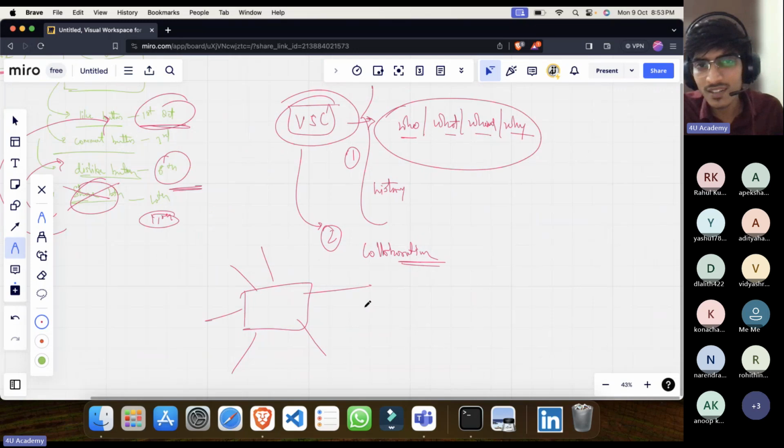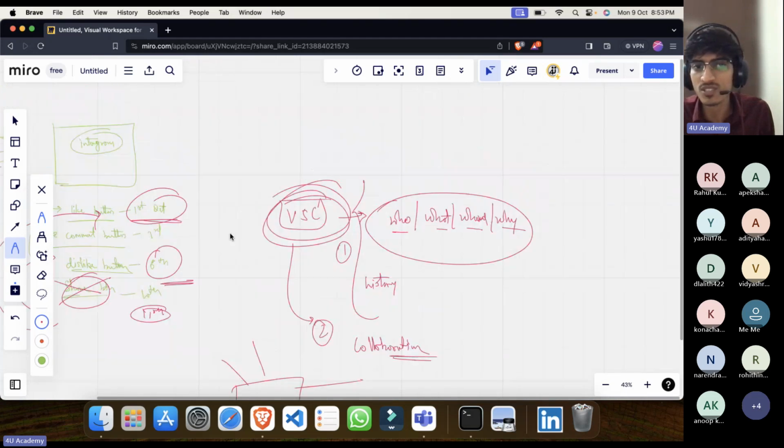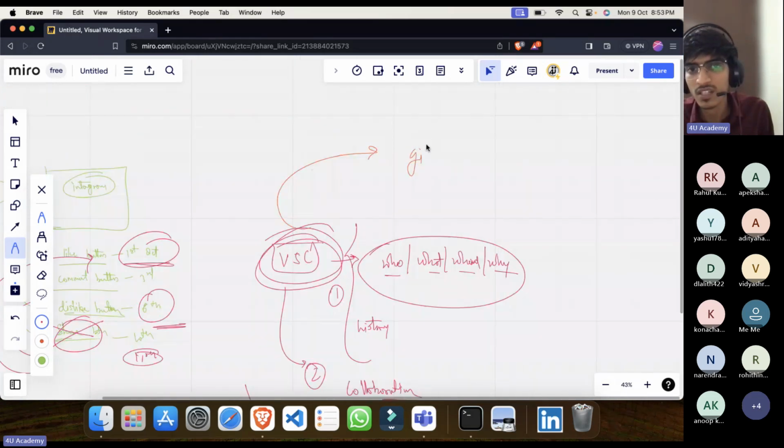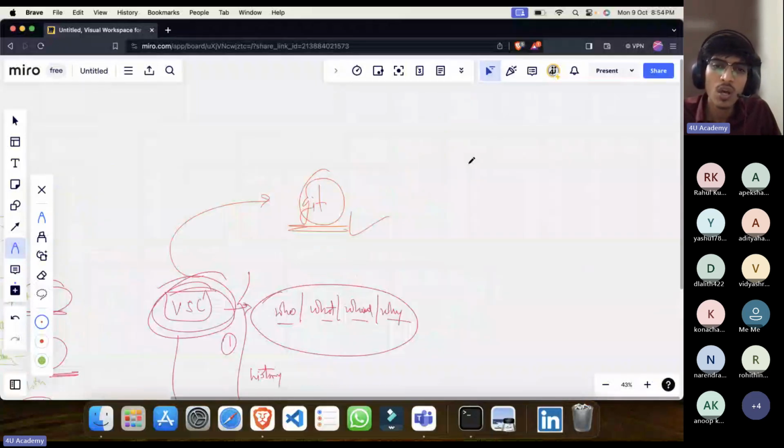So we understood what a version control system is, but what is Git? Git is the most popular version control system. There are many others, but this is the most popular, and when you work in companies, most of the time you will be using it. So we have understood that Git is a version control system. But now I want to know how this actually works. We'll come to the working part later.